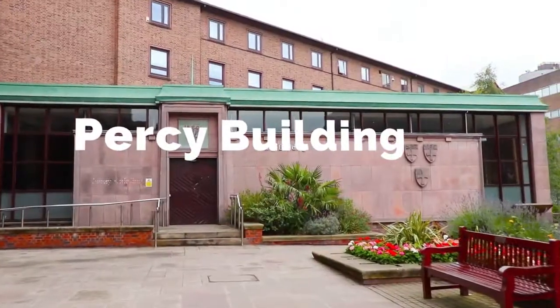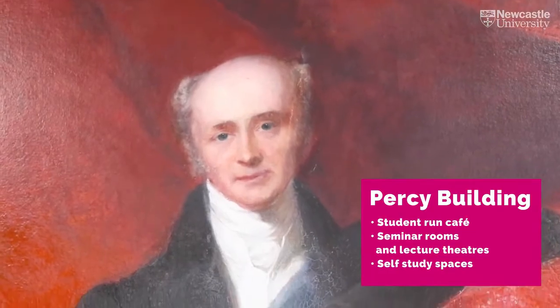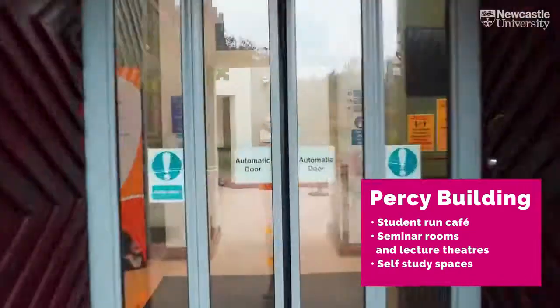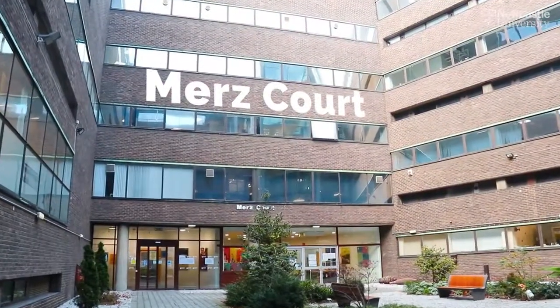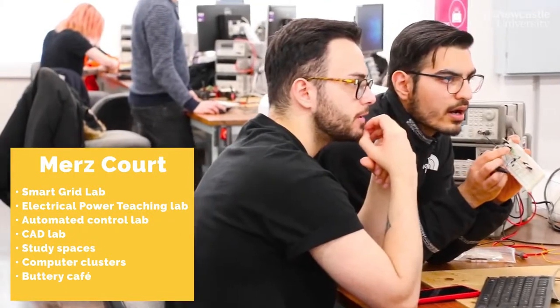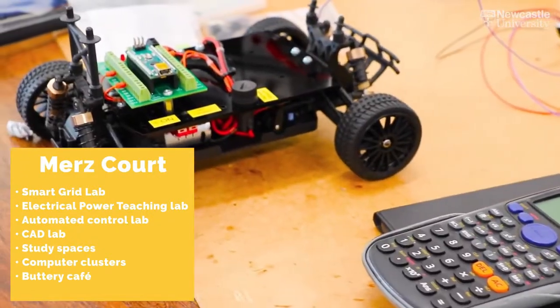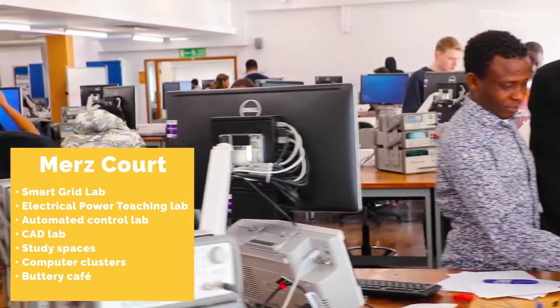At the end of the Armstrong Quad is the Percy Building, named after Eustace Percy, the first Baron of Newcastle. This is where our School of English, Literature, Language and Linguistics is based. Mertz Court is where our chemical and electrical and electronic engineering facilities are based, and is named after the electrical engineer John Theodore Mertz. It's filled with the latest tech and specialist labs, seminar rooms and lecture theatres for undergraduate